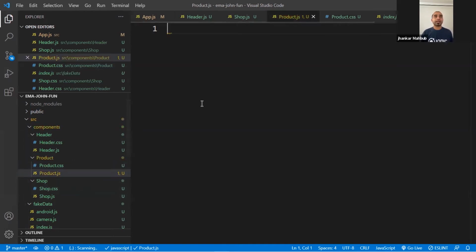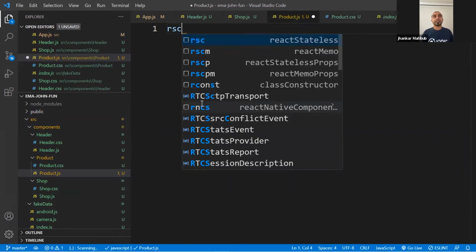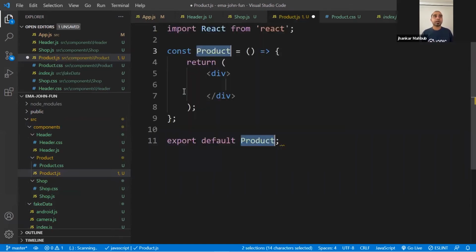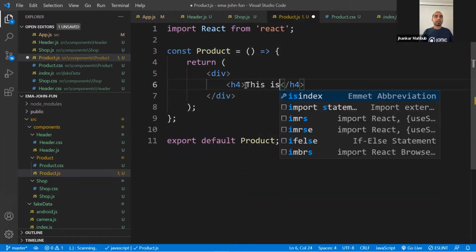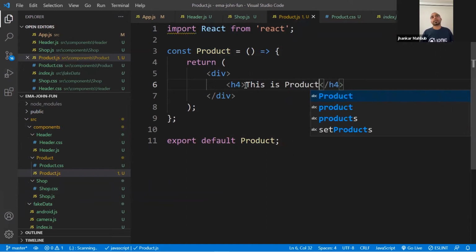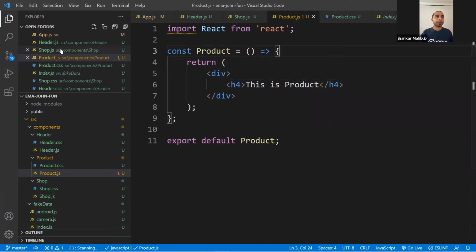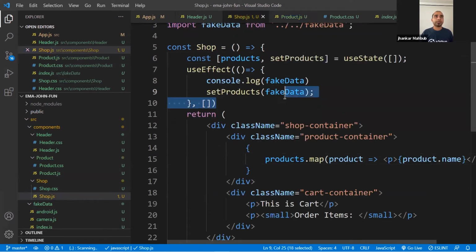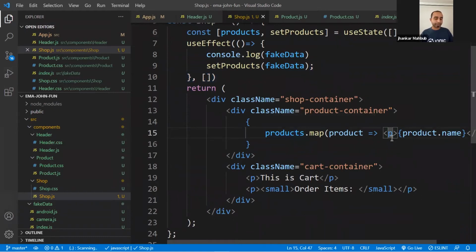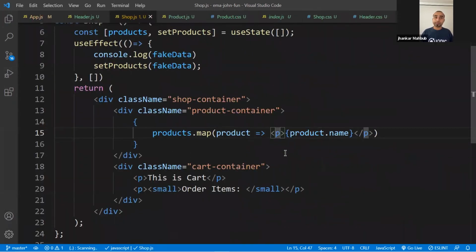And to create a brand new component, you can use RSC, this will be your product component. And you can add an H4, this is product, something like this. And if you do this, right now in your shop.js, instead of creating a paragraph for each item, you can use the product component.